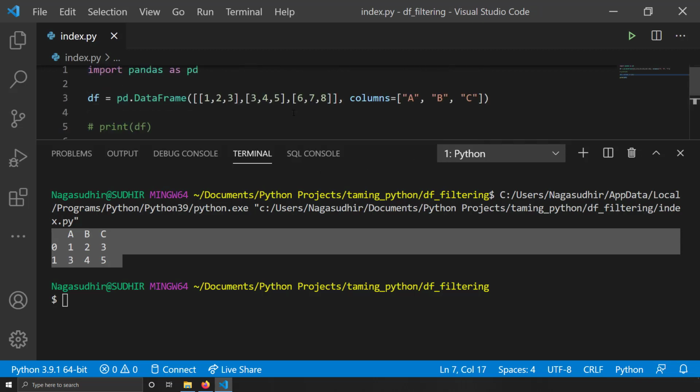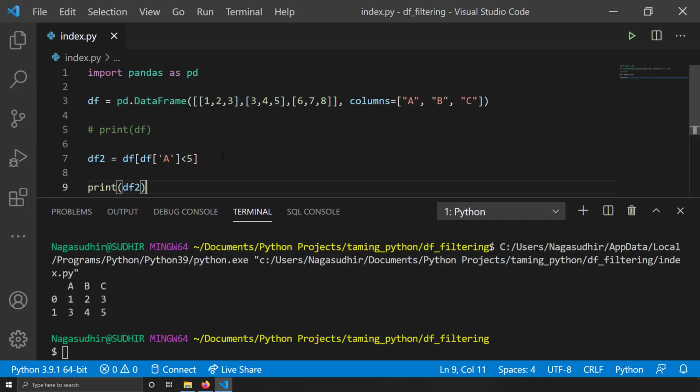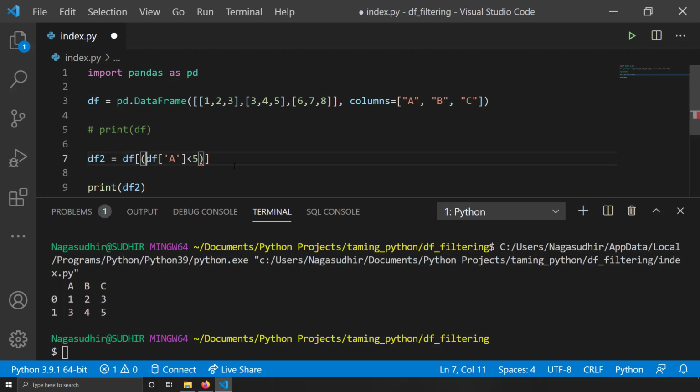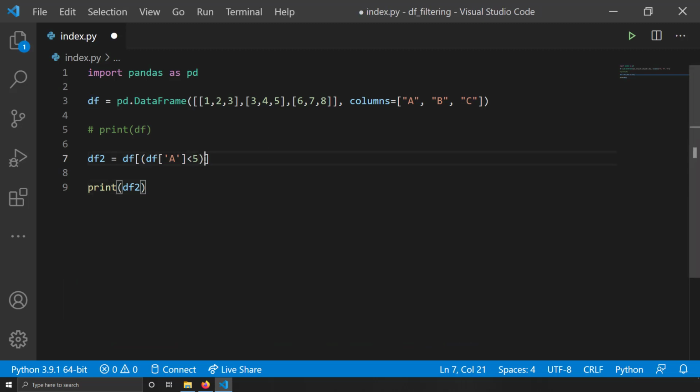Okay, and let me try to do multiple conditions. Suppose this is one condition, df['A'] < 5, and I will write one more condition here with an AND. This time I'll try to reject the second row, so I'll say df['C'] should be less than 5.